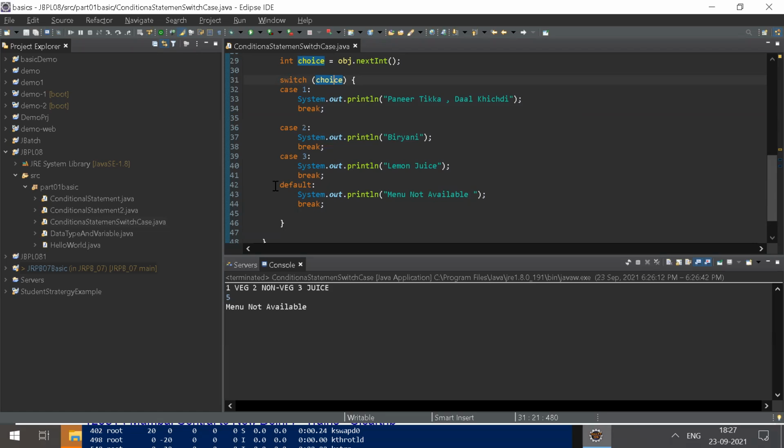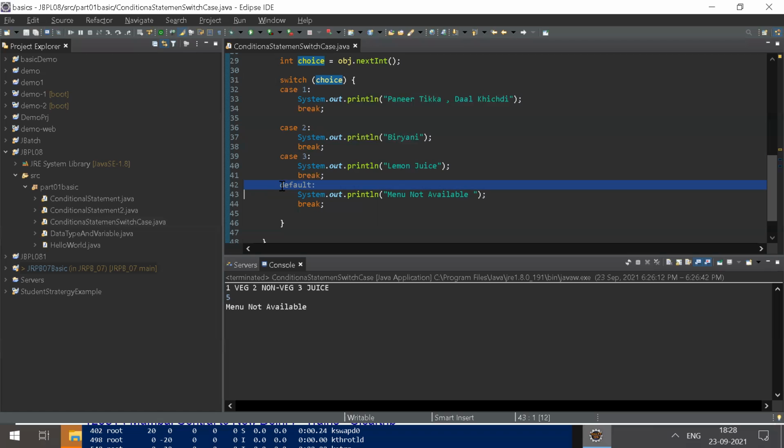Suppose you have given any number, like 6. It is not going to check 1, 2, 3, 4, and it is not taking that much time to check all those conditions. It is going directly to the default one. Suppose you have thousands of conditions and your condition matches at the 9th level, it will take time to check all of them, but switch case won't check all the conditions. If it finds a match it will print, otherwise it goes to the default only. This is one reason for the performance difference.